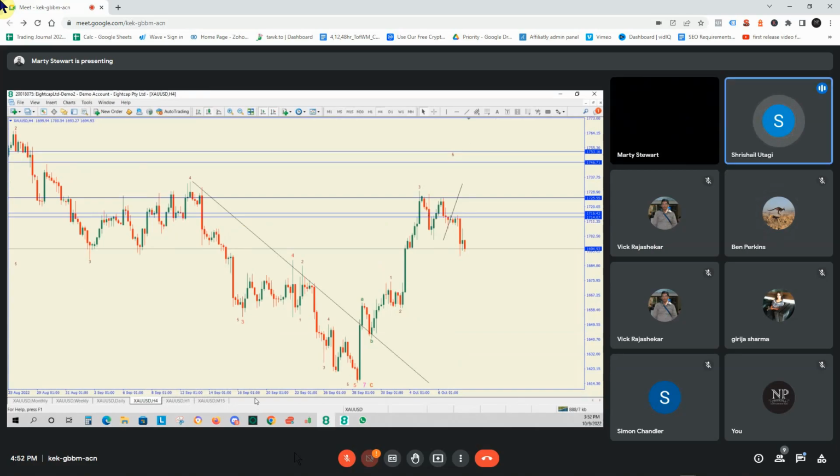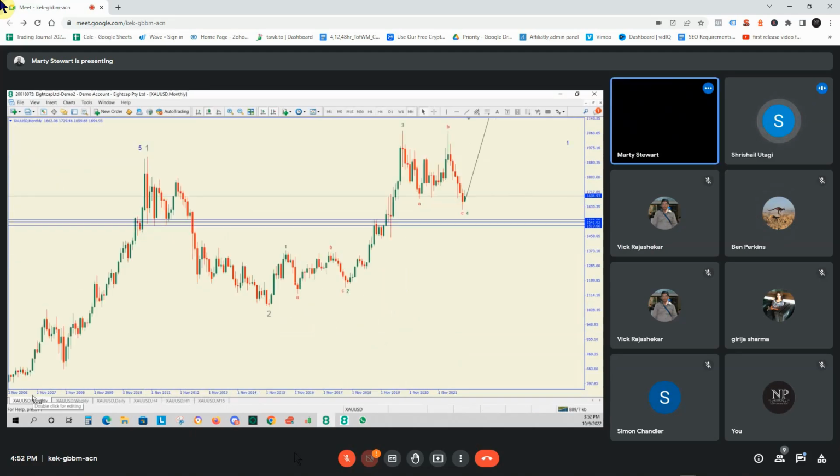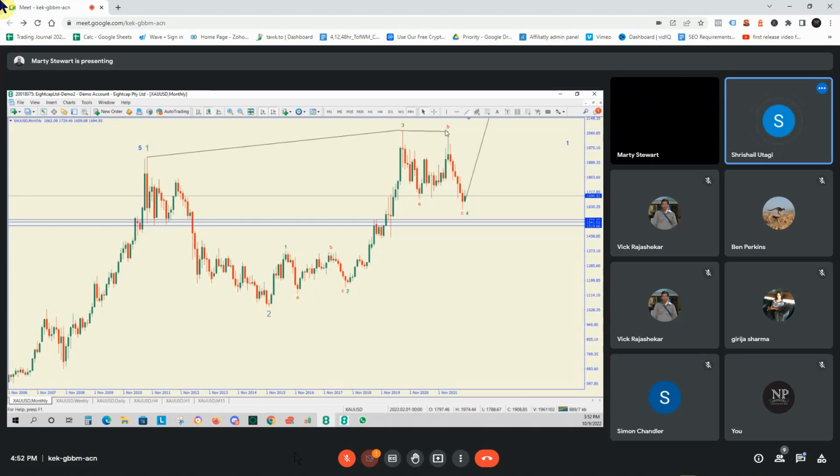Could you go back to the monthly chart, please, on gold? Don't you see a double top there? A double top between here and here, or no, 3 and B, please. Okay, this is what we teach as a B class double top, because this high is lower than this high. And again, if we extend this out, it's still a B class double top until this line here is broken.